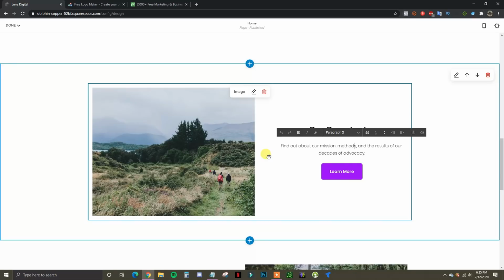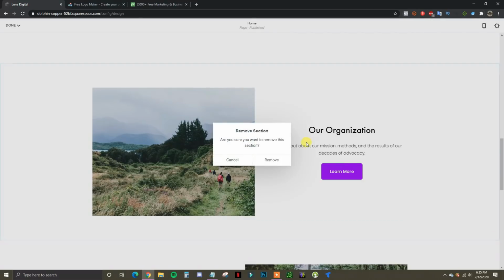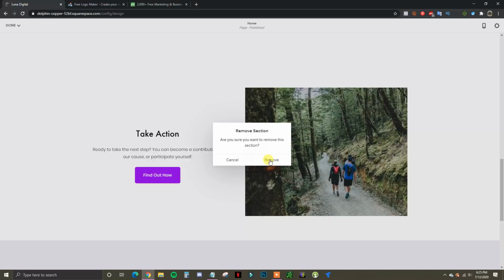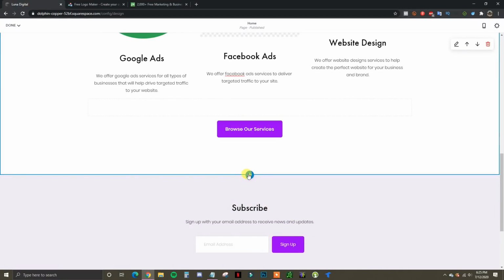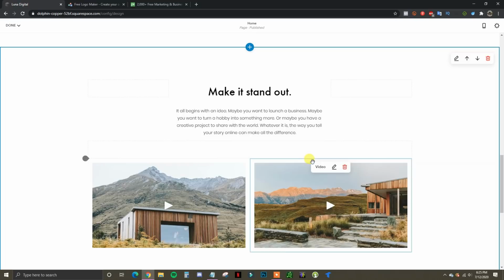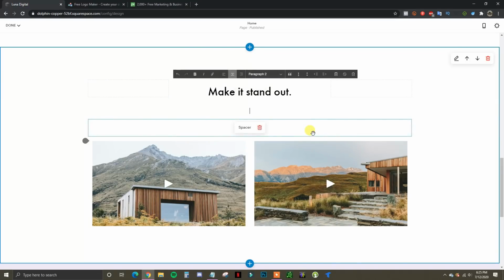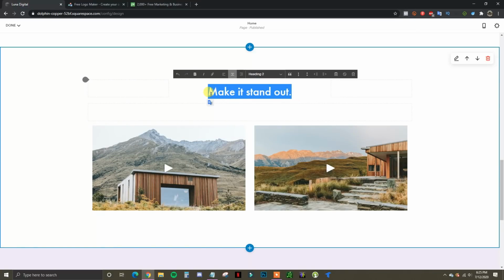So in this case, I'm going to show you a little bit different type of section that you can add in here. I'm going to delete this section and delete this section, and click the plus sign again. In this case, I'm going to click on video, and select this template right here, which is going to have 2 videos. If I click on that, we can see that now we have a video section. First, I'm going to remove the paragraph text, and then edit the header right here, and we'll call this free